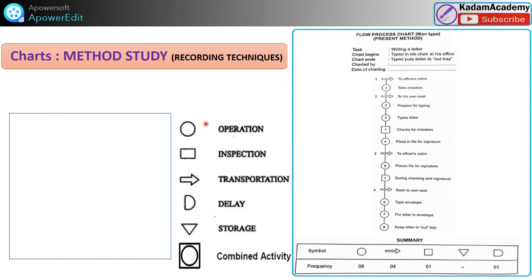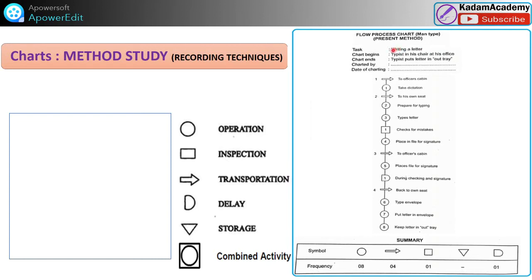See here, I will show you one example. This is the graphic representation of the flow process chart, and first we show you how to take the recordings. This is the flow process chart, man type.